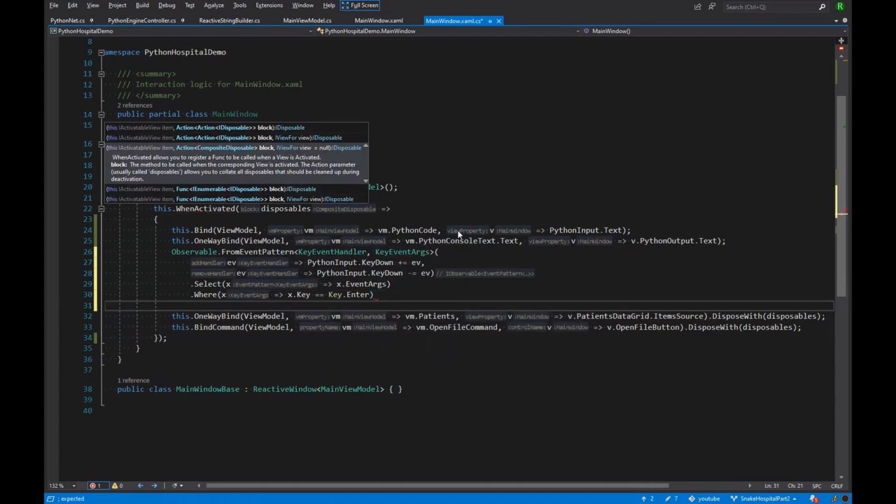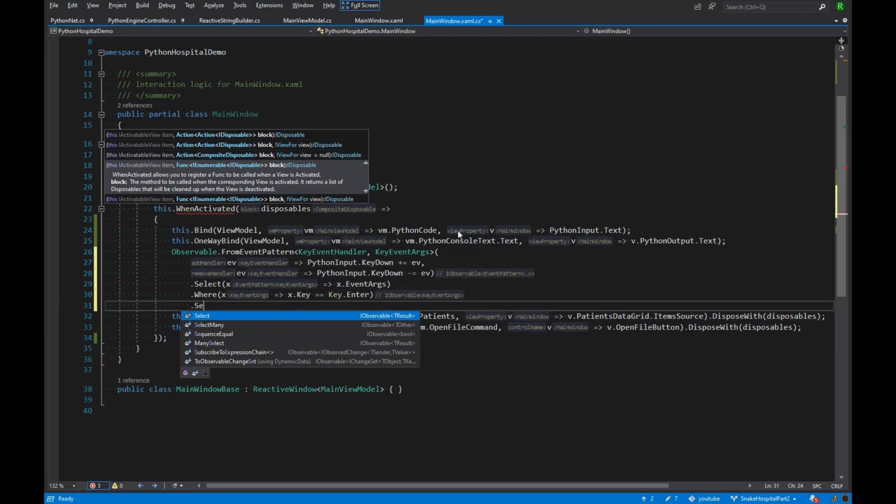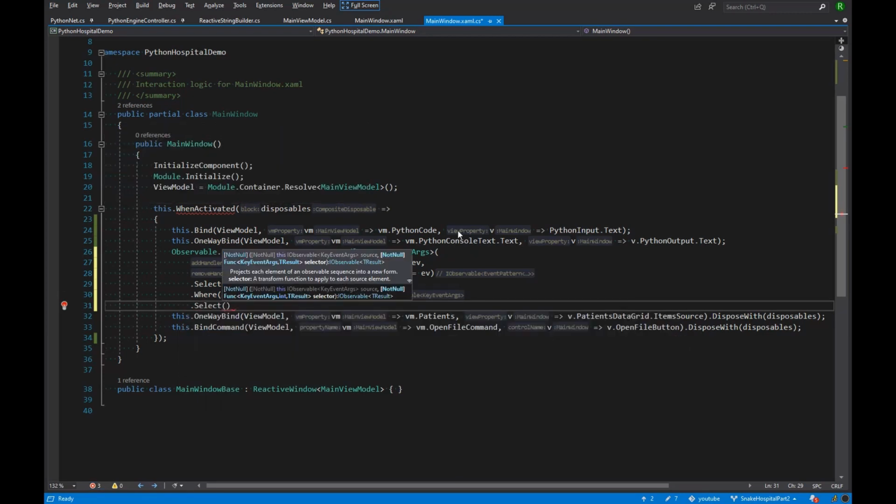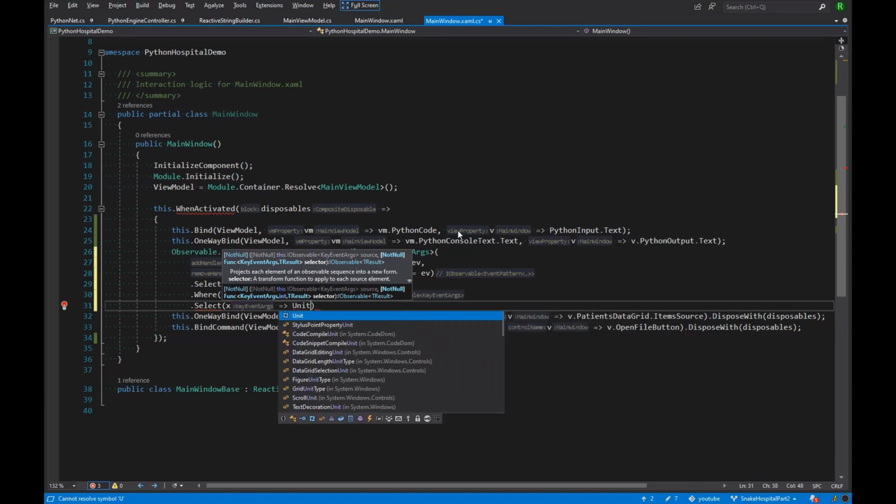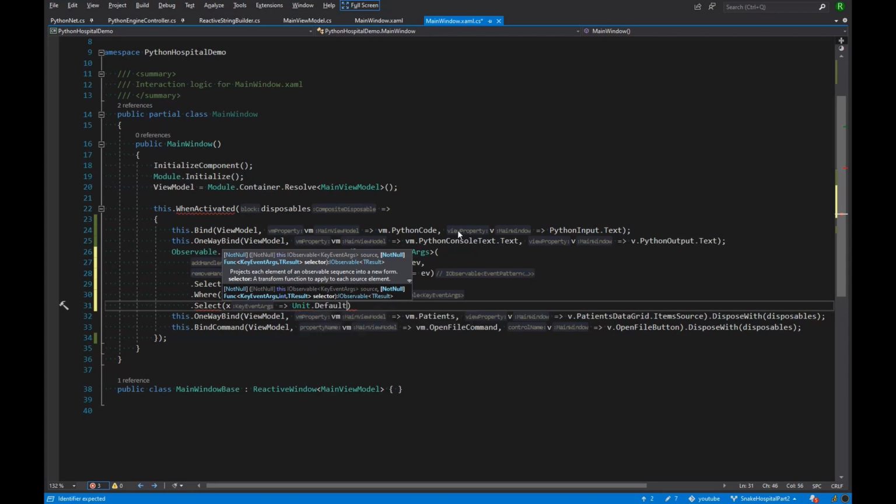And then we have another thing that we need to do. Whenever that's done, as each Enter key is pressed, we want that in our stream to appear as a Unit, or basically a void. So let's just do a Unit.Default,